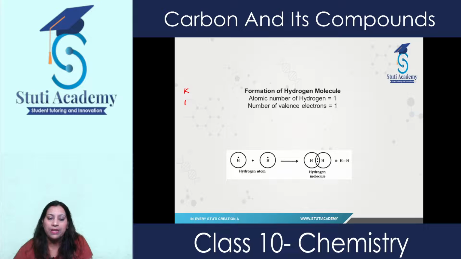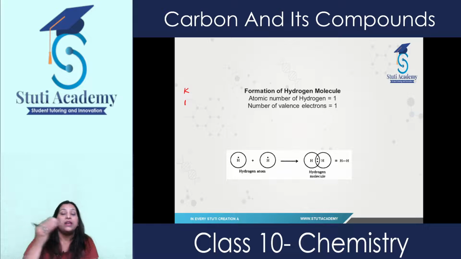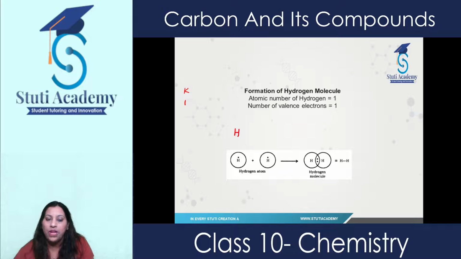So if I write this hydrogen, hydrogen does not exist in nature in a free state. To be stable in nature, to attain inert gas configuration, it combines with another hydrogen atom to become stable. Hydrogen has only one electron in its outermost shell, and this hydrogen also has one electron in its outermost shell. Now, if this one shares its one electron with this one,